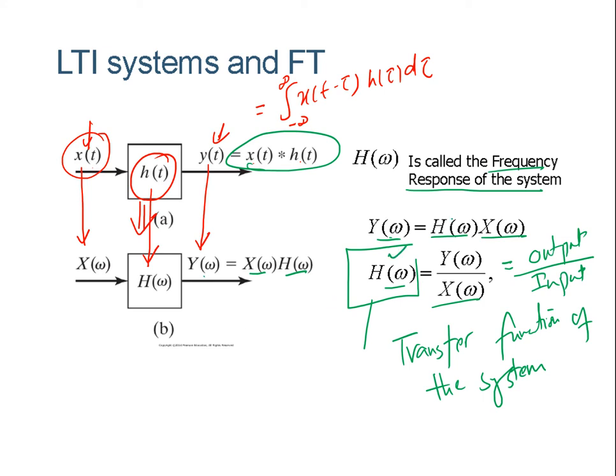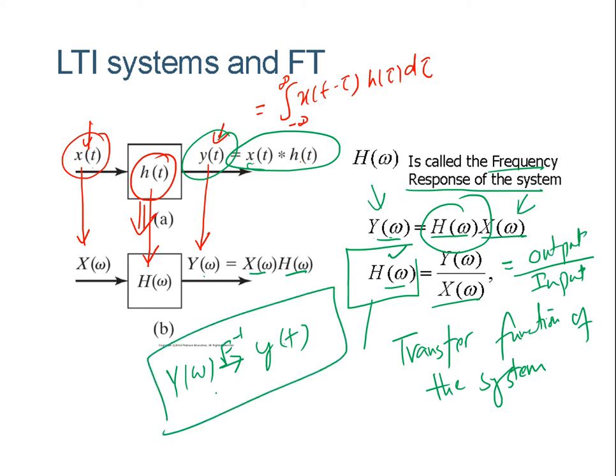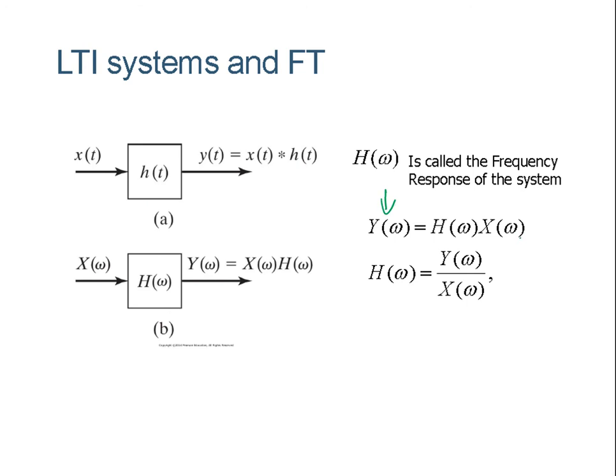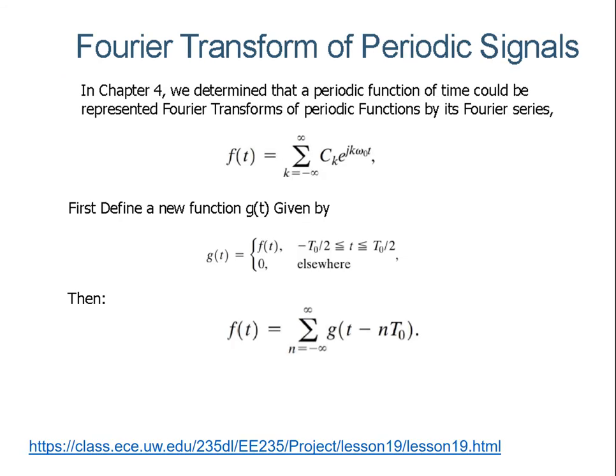So what is the advantage? If you know the transfer function, then whatever input you get, you can easily calculate its output in the frequency domain. Once you know the output in the frequency domain and you want it in the time domain, you can take the inverse Fourier transform. But if you deal in the frequency domain, your calculation will be much easier. You can get the response for any kind of input if you just know the transfer function of the system.